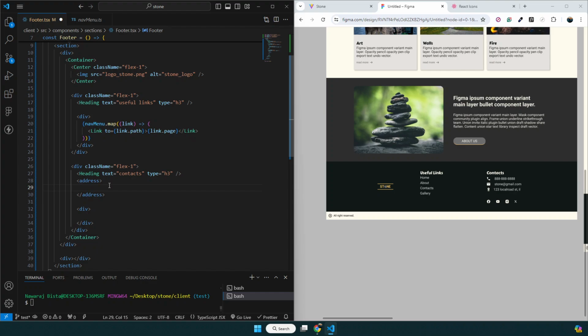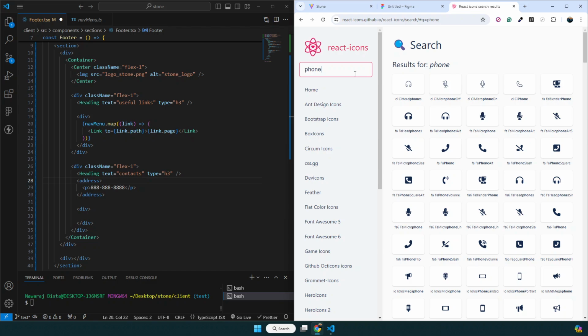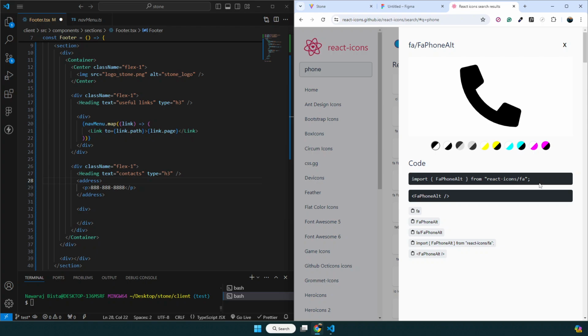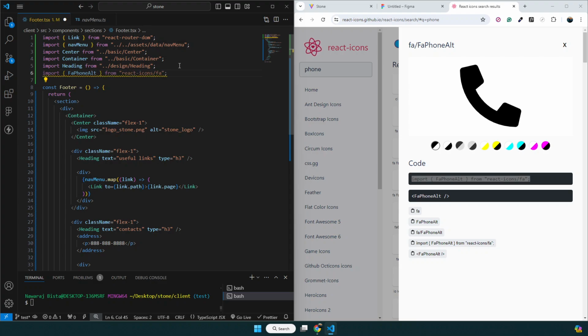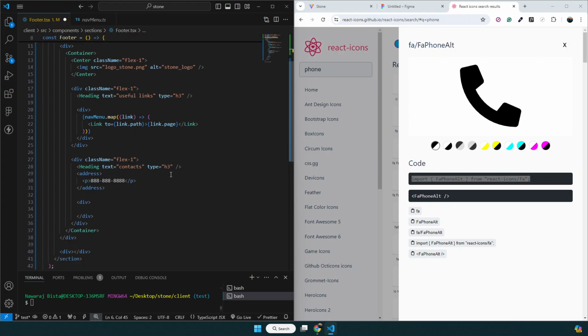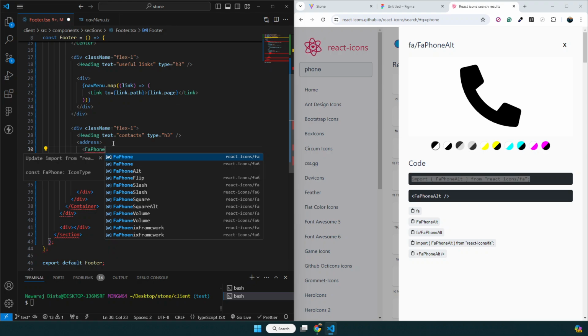So in this address, what I want, let's say a p paragraph or something like that, and I can provide this phone number, whatever your phone number. Okay, and we need to have this icon, right? So to get that icon we can use React Icons. From here I need a phone, right? Let's search for the phone, and let me use this one, and let me copy this. I can go at the top and paste it over here, and this FaPhoneAlt I can use now. Okay, here I can say FaPhoneAlt. Why am I not getting any suggestion? Phone alt. Okay,